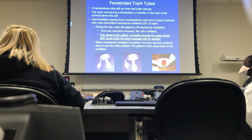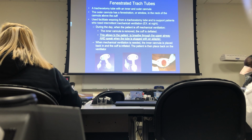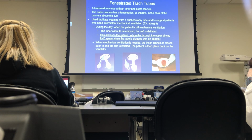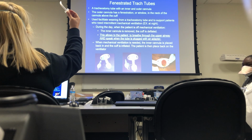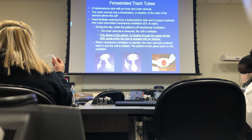So, you're on the vent all night. You need to be able to go on the vent and not cause a big leak. So the type of fenestrated trach you would want is the fenestration on the outside, but the inner cannula is not fenestrated. So, Jovi, you have one that's not fenestrated, right? Okay, so hold that up. She's got a regular inner cannula. So if Jovi's patient is off the vent during the day, you would take out the inner cannula and